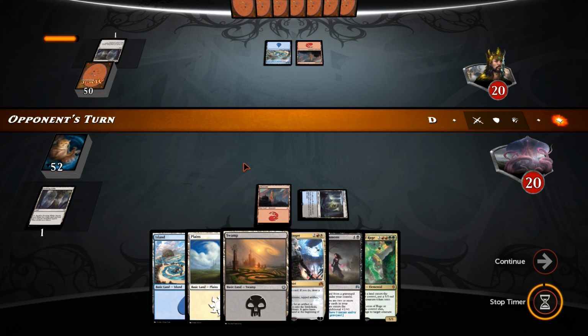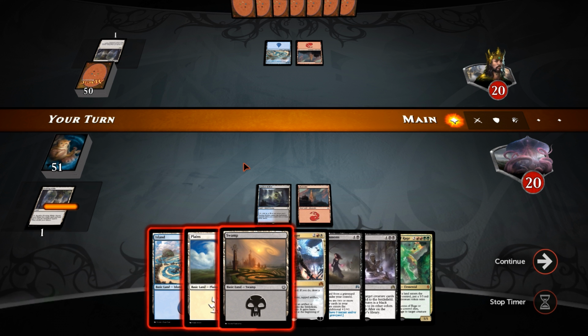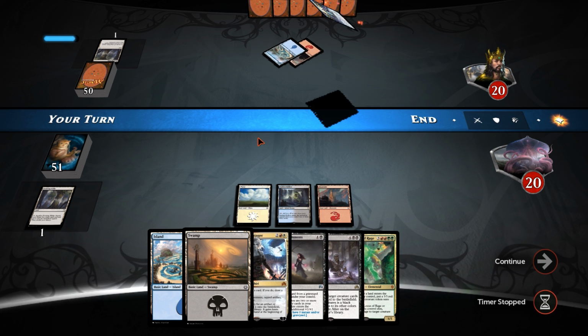Blue-red again. Alright. And passes. Ever After. And we have the double black for it now as well, which is nice. Play planes. Pass the turn. Next turn we get Nahiri down. Hopefully we're not playing it into